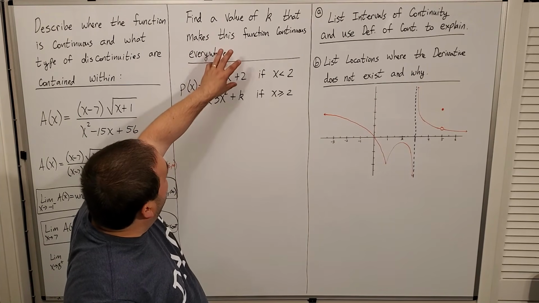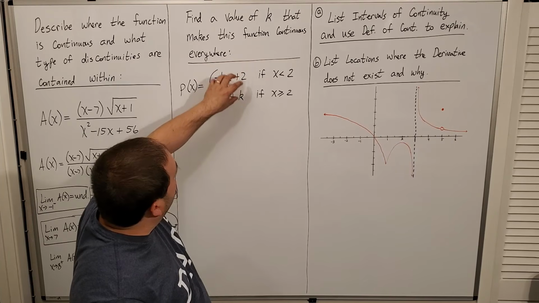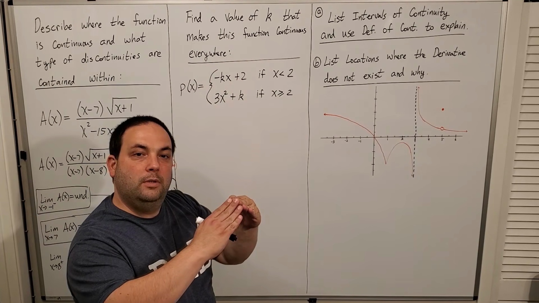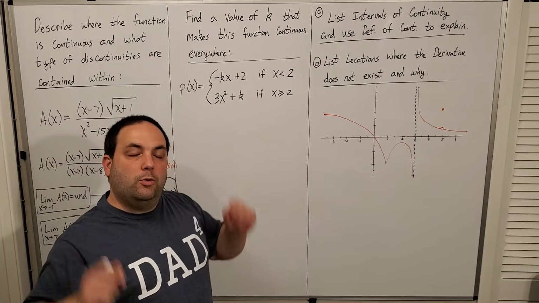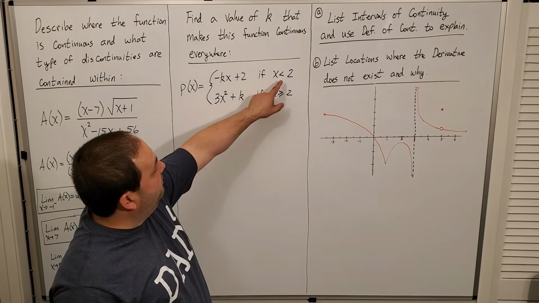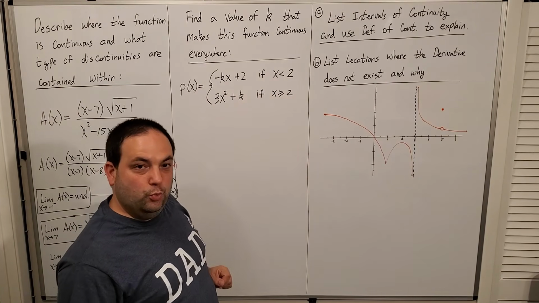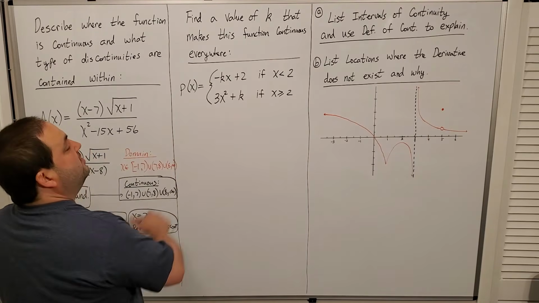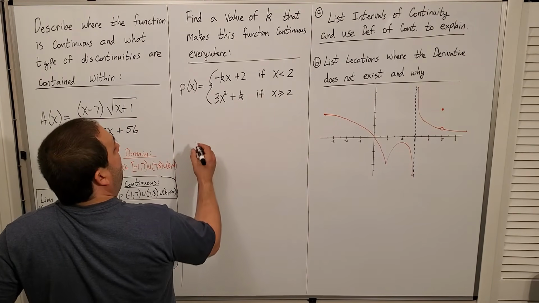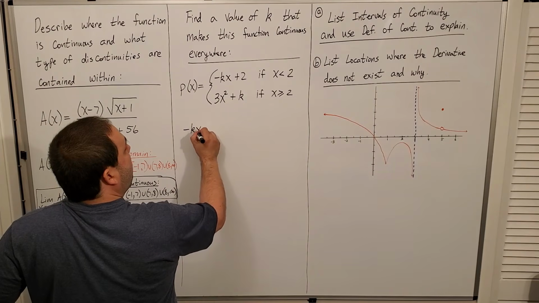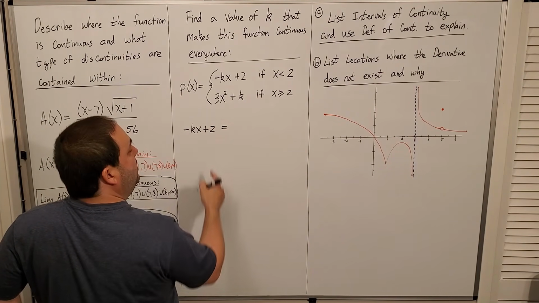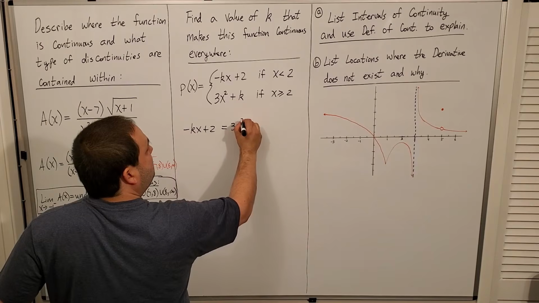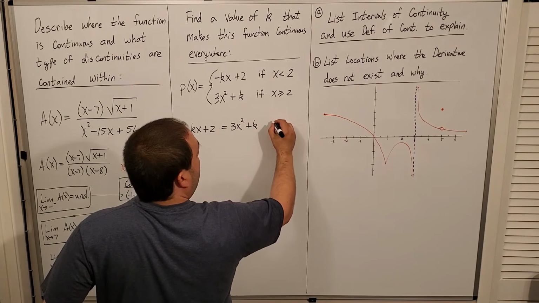So I'm just going to find out where these two have to meet up, and therefore it'll be all connected and completely continuous everywhere. And that has to happen at x equals 2, right? So in other words, to make this continuous, negative kx plus 2 has to equal 3x squared plus k